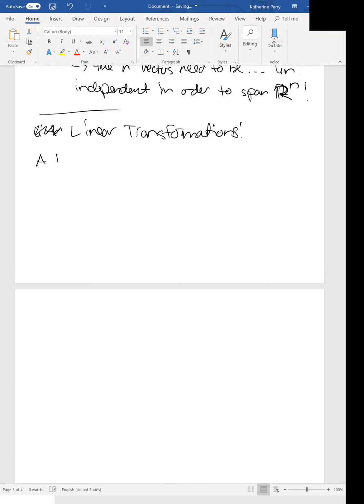So we said a transformation T, which goes from, let's say, Rn to Rm, is a rule that assigns